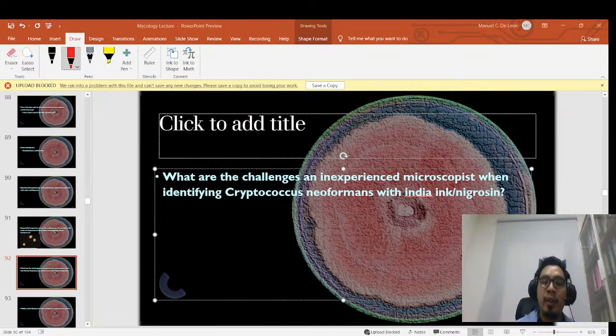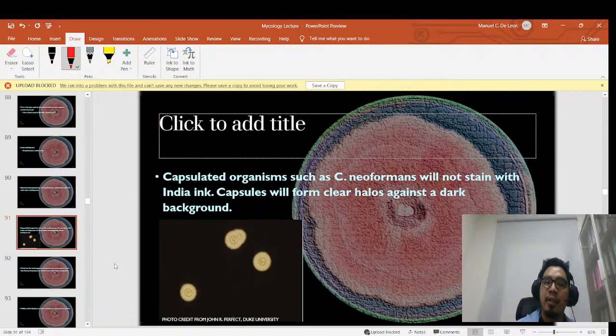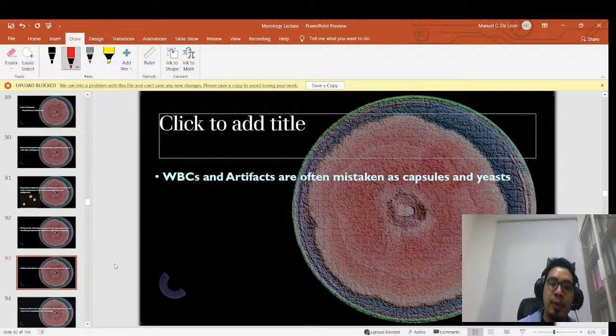You will be confused with different things. Actually, there are two things that you might be confused with, because a beginner will not be able to identify this immediately. Look at the appearance, guys. It looks like WBCs, right? So the challenge would be identifying whether or not that is Cryptococcus neoformans or an artifact. Sometimes artifacts can be a hindrance to identifying it correctly.